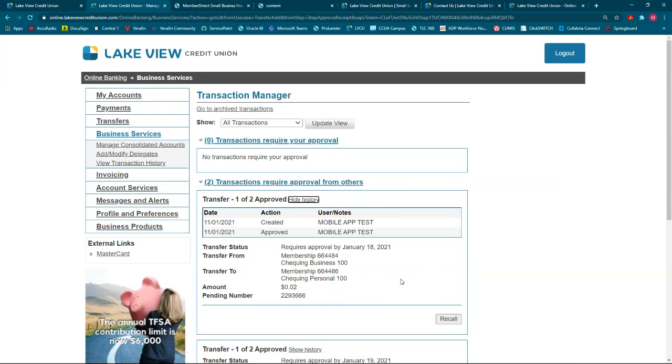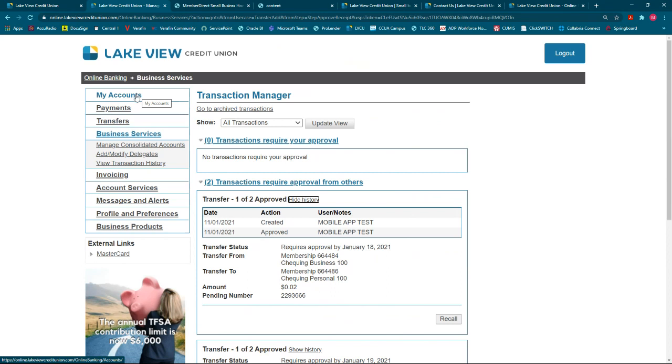So the next thing I want to show you is delegates. And so delegates are people that you can set up with access to your small business or your organization account who aren't account signers. So they aren't people who would be signing checks normally or who would have permission to change anything on the account, but you want them to be able to either look at statements or initiate transactions on your behalf, probably a bookkeeper or an accounts payable clerk, a spouse possibly, anything like that. So a delegate